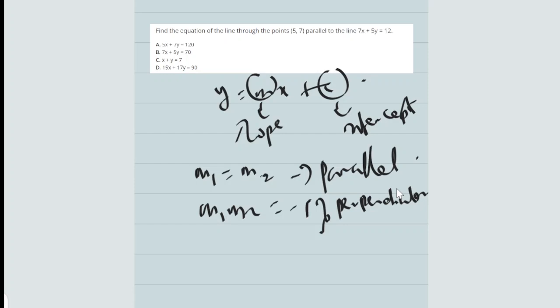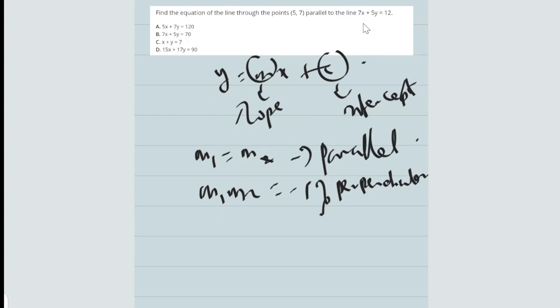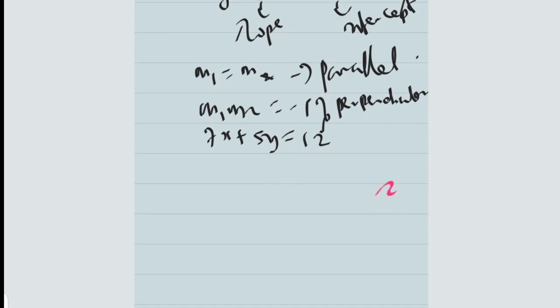So then we are now asked to find the equation of the line through this point. First of all, if I were you, I would first get this slope, since the moment I know this slope, I can just equate them together. I hope you understand now. So it means this one is going to give me what? I have 7x plus 5y is equal to 12. Then I think you can rewrite it in such a way that it can produce your slope. So then I can have 5y is equal to 12 minus 7x. So then my y will be what? 12 over 5 minus 7 over 5x.